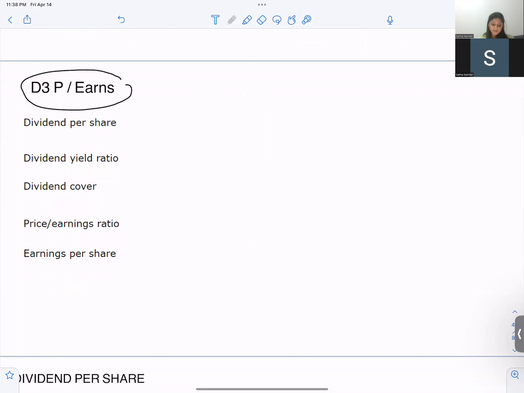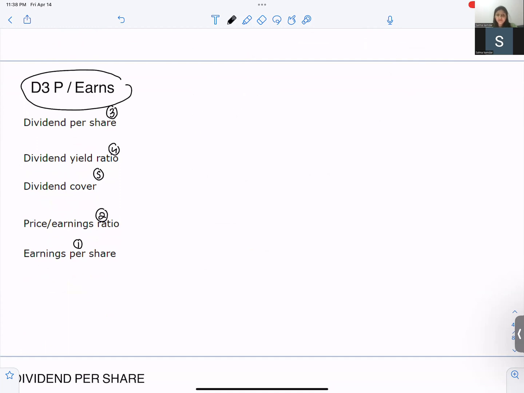So your investment ratios are your earning per share, price earning ratio, dividend per share, dividend yield ratio, and dividend cover ratio. Try to recall how you get your earning per share. What is the formula? Think over it. How will you know the money that you have earned per share? Whatever is the profit for the year, when you divide it by the number of shares,